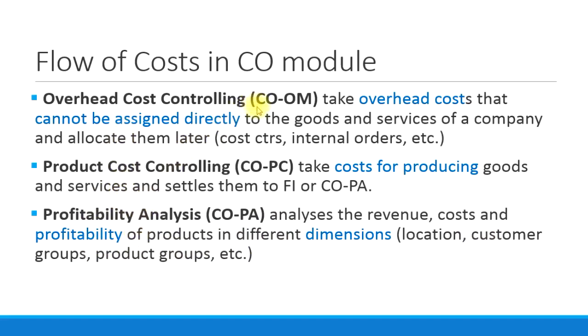You initially take all the overhead costs into your cost centers or internal orders. Later you can allocate them to a product cost controlling module or the COPA module. You take all the expenses and the costs associated with producing that particular product in the COPC module. You can further allocate them to COPA module or leave it there as it is. And in the COPA module, with all the allocations coming in and all the different values flowing in through different dimensions, you can see the profitability of your products. So that's how the costs actually flow within the CO module, where these three